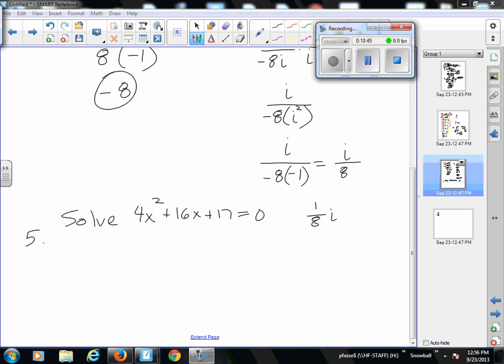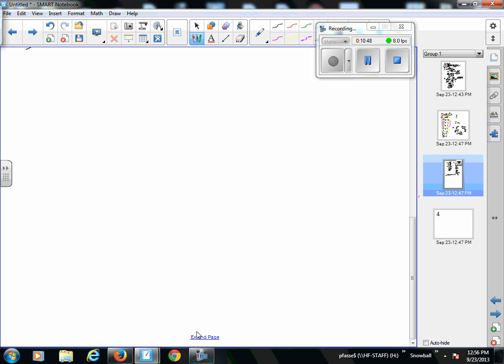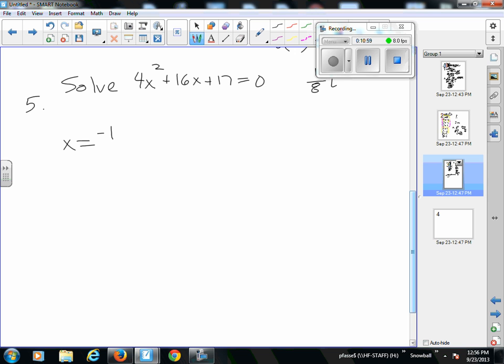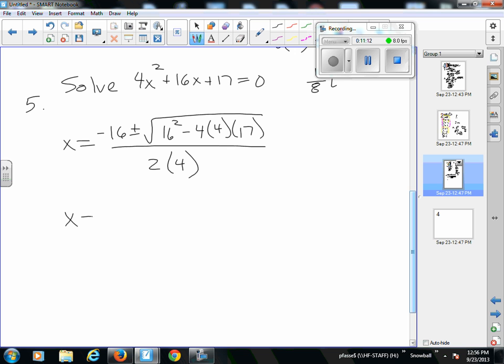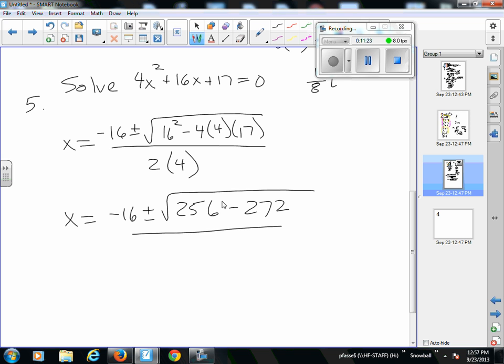Okay, next problem. Solve this quadratic. You can use completing the square or the quadratic formula. It's the exact same thing as we've always done, but now we're going to get imaginary numbers for solutions. If we use the quadratic formula, x equals negative b plus or minus the square root of b squared minus 4 times a times c, all over 2 times a. x equals negative 16 plus or minus root 256 minus 4 times 4 times 17, which is negative 272, all over 8. If you combine those two,